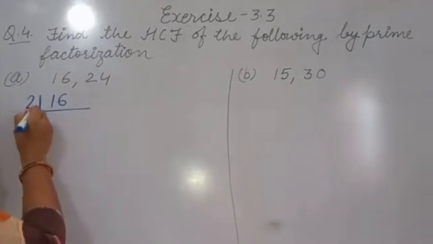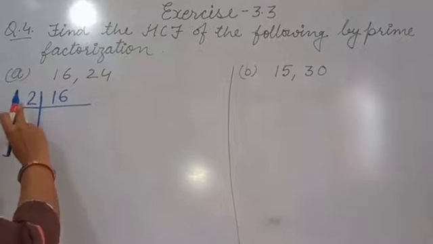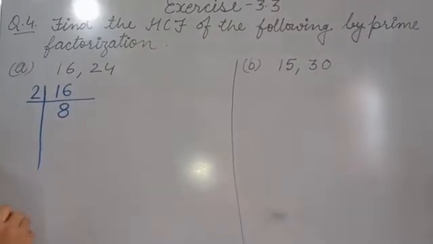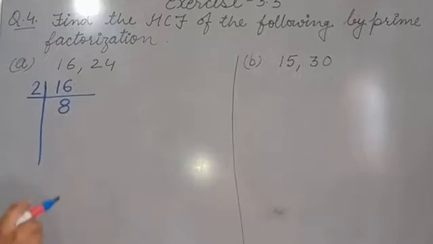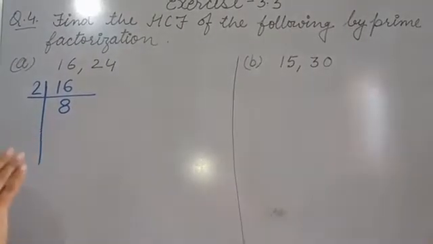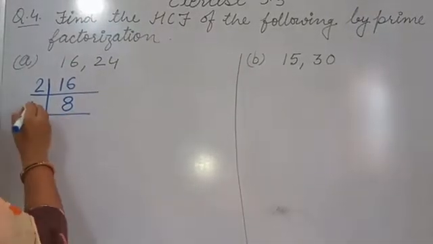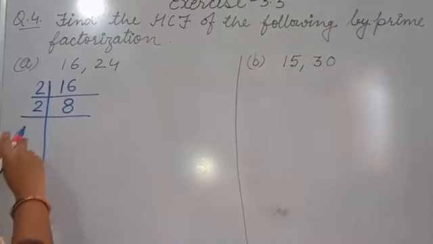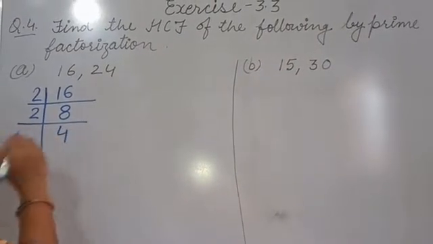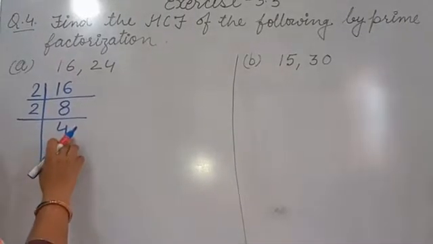So 2 here. Now 16 divided by 2. In the 2 table where do we have 16? At 8, so we write 8 here. 2 8s are 16. Again we see that 8 is divisible by 2, so again we take 2 as a divisor. Now in the 2 table where is 8? 2 4s are 8.